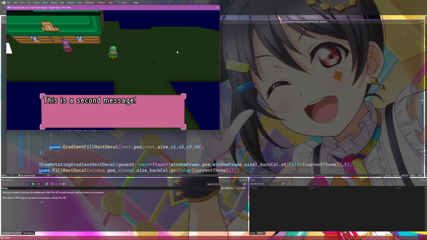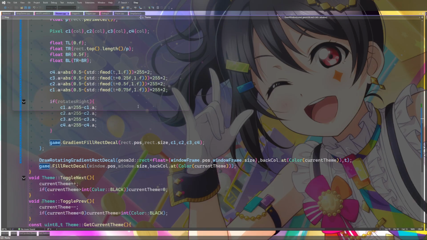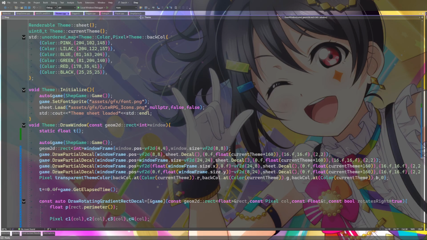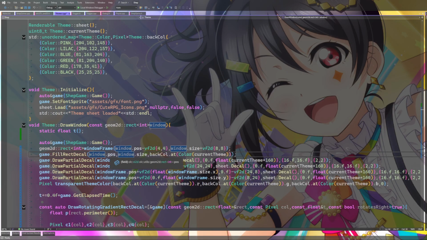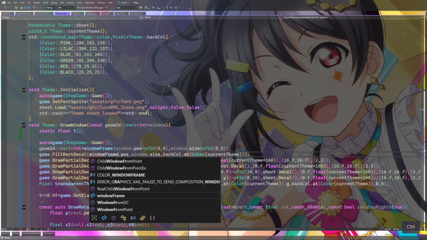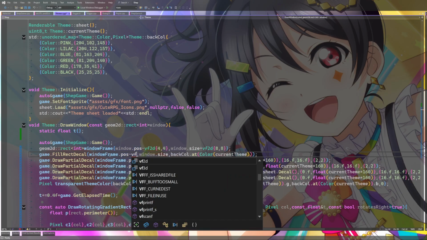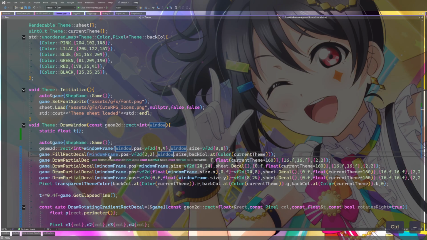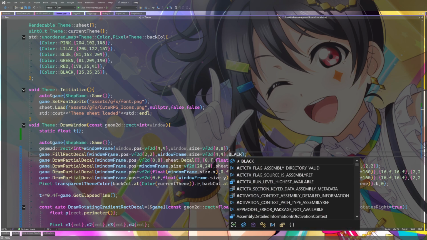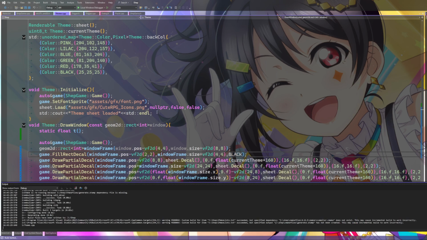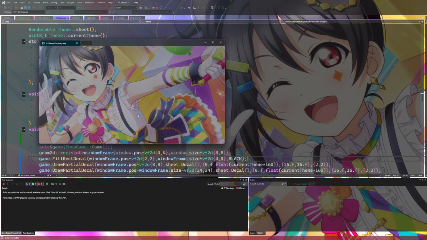I feel like I want a second one, like just a black border around all of this. Just like one more. So it'd be like window frame dot pos minus another 2, window frame dot size plus 4, and I just want it to be black. I feel like that might seal the deal.